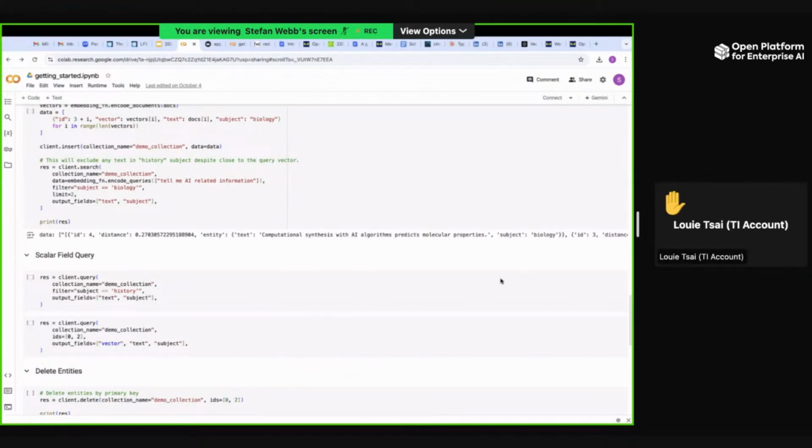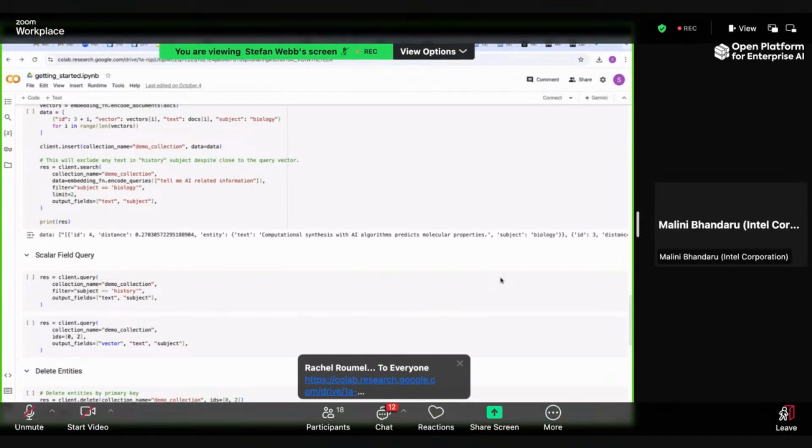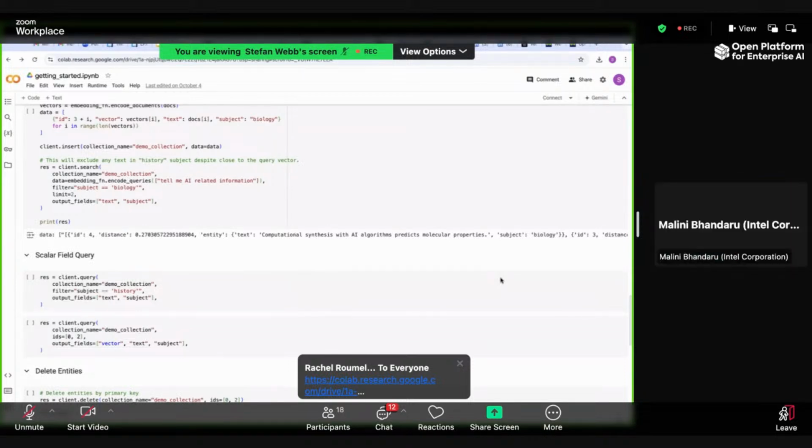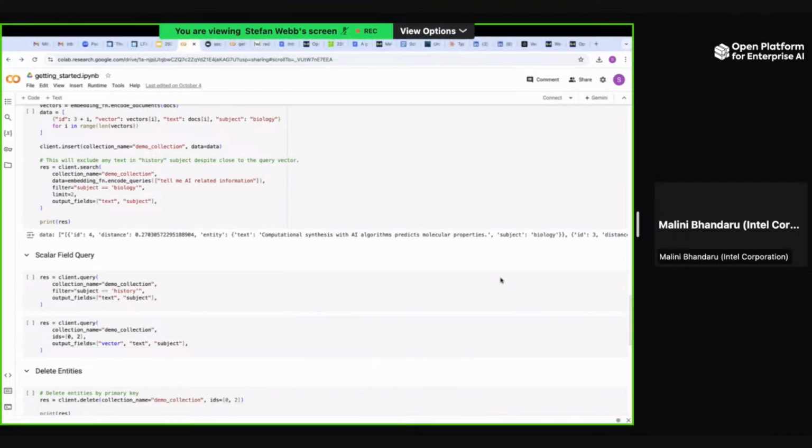To add to Stefan's comment, Louis, the way you compute distance can be different. You can use cosine, you can use root mean square. There are different ways to compute the distance. Can we change it? Yes, you can change. And not only can you change, you can say, get me k nearest neighbors, like 1 to 10, whatever. And then you can even pass it to another re-ranker type of thing, which might use metadata, like the most recent, if it's a news article or something else, or another model itself.